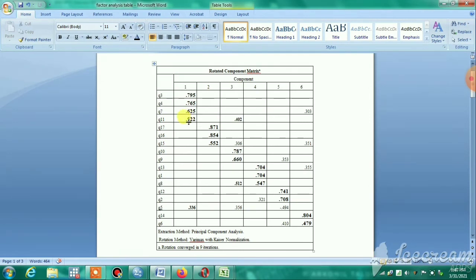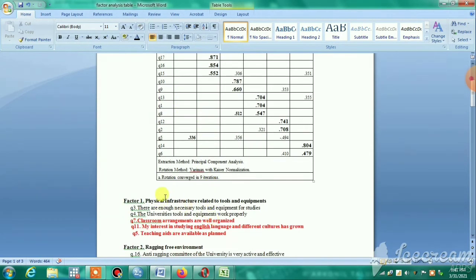But the rationality is that if a question falls in 2 or more factors, on the basis of the rationality of the factor name, we should assign that particular question to that factor.